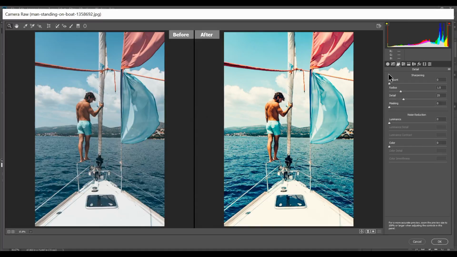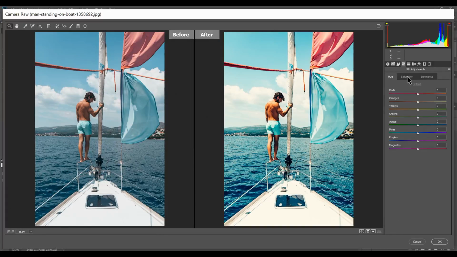And then come into sharpening tool and add some sharpness. I am giving 40 here and radius 1.2, that's fine. And come to noise reduction, and I am giving 25 for color. Then come into HSL adjustment layer and select hue,